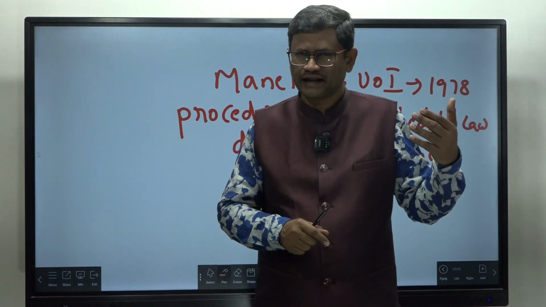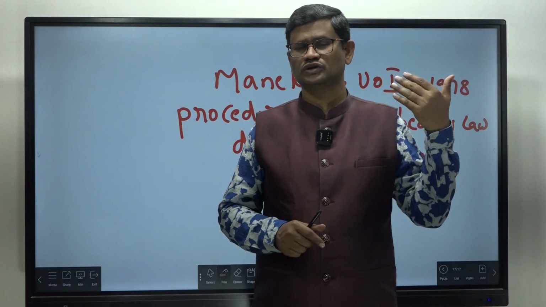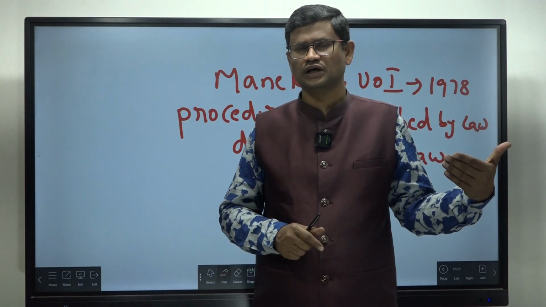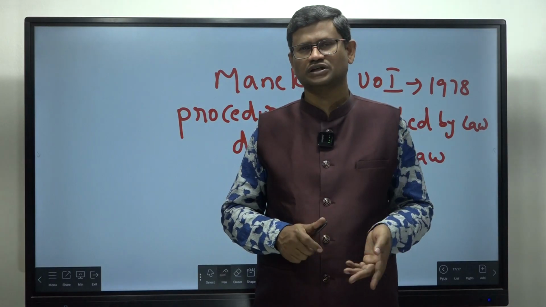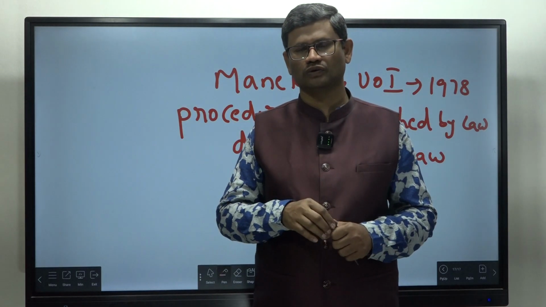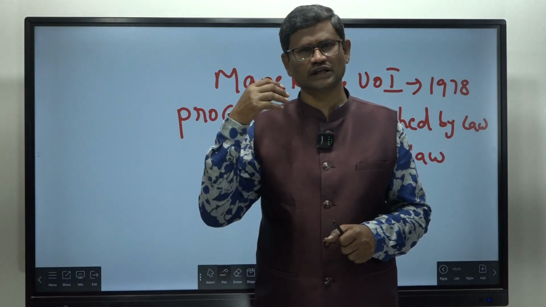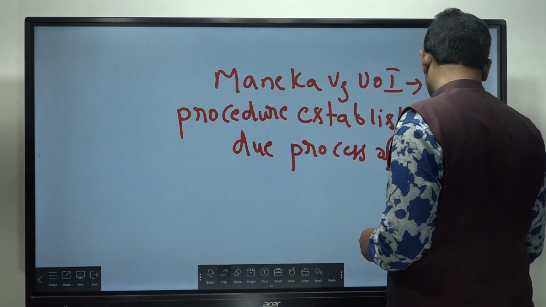So this has enhanced the powers of the Supreme Court and the High Court. So the due process of law, which was brought into India in Menaka Gandhi case, and the concept of public interest litigation, they have vastly expanded the powers of the High Court and Supreme Court, and that led to the activist role of the High Court and Supreme Court, and it has really played a very important role. So let us see what is the positive impact of